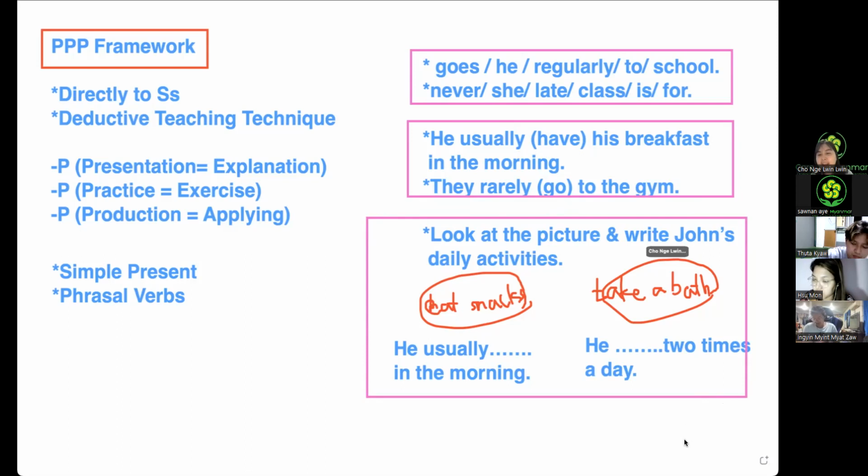Okay, so now can I know about your idea first? Teacher Tashwin. So in your first P, what are you going to do? Hello? Yes, teacher. Hello, dear. For the presentation stage, yes, for me, for the presentation stage,